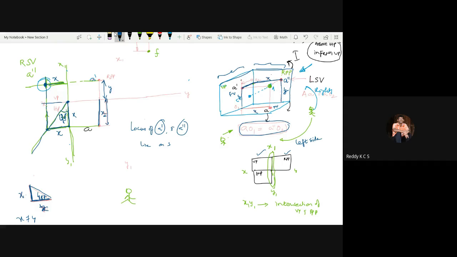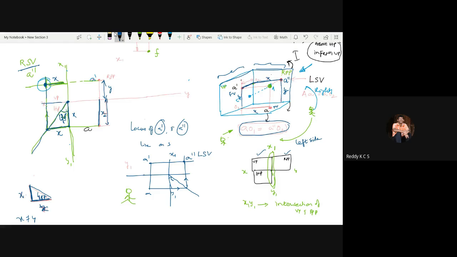So here I have drawn a right side view. Earlier I mentioned a left side view. For the left side view, you need to draw the x1 y1 line onto the right side. So this is a dash line and this is a line. Now you draw the 45 degrees line so that you can project this point onto this 45 degrees line and project upward, so that you can get the intersection of this line and this line, that is a double dash, which is called the left side view.